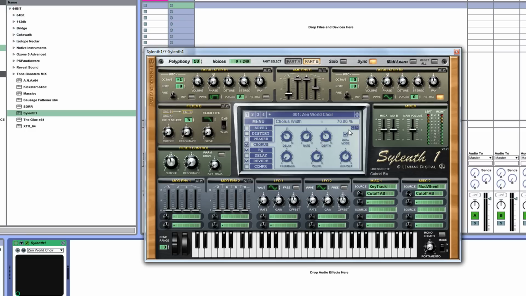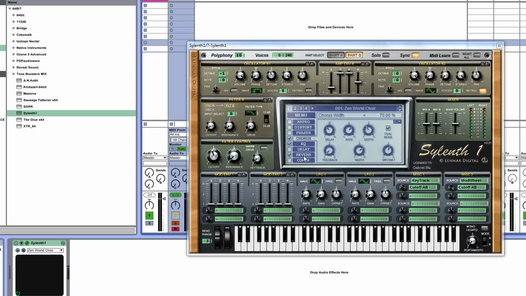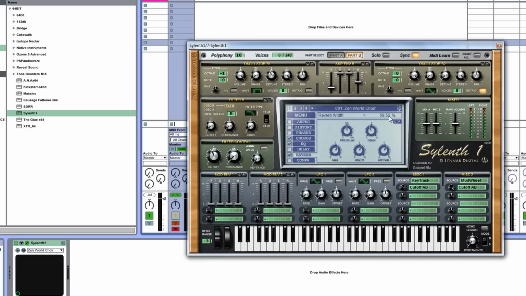So we don't really want the chorus effect to be wide. You kind of want it in the center so we get kind of like the effect of it. We can actually hear it, and it doesn't get drowned out by the reverb. And next we go into the reverb, where the width is going to be lower at 59.52%, dry and wet at 62,